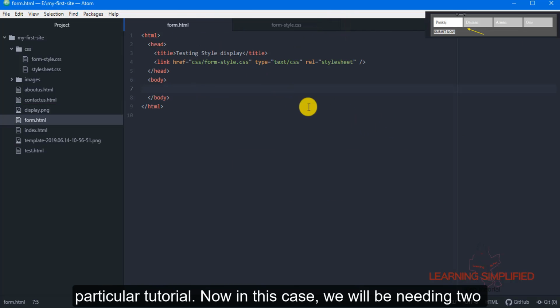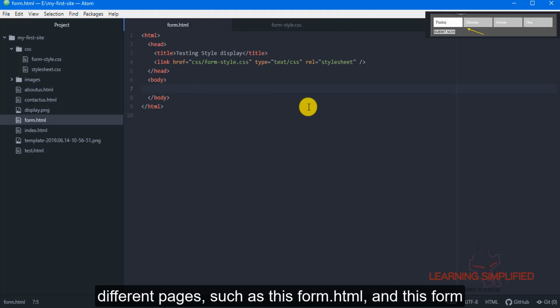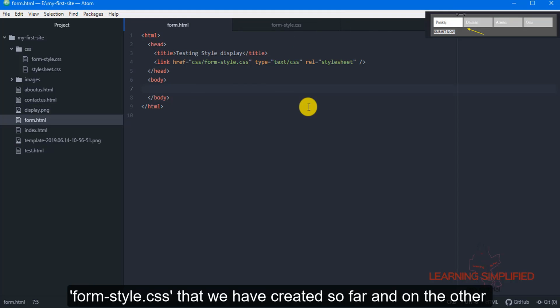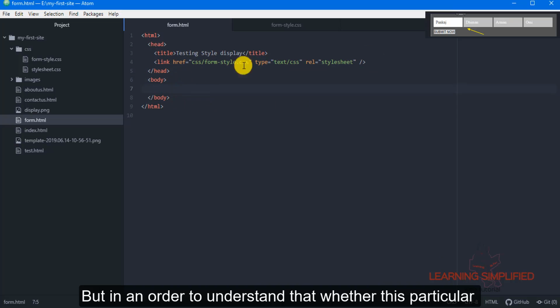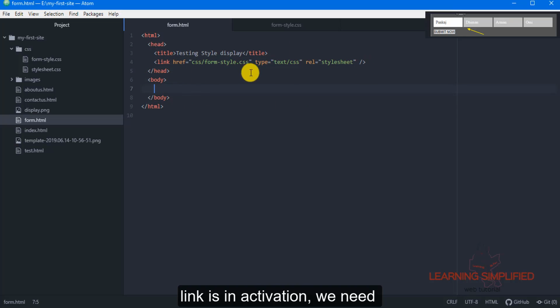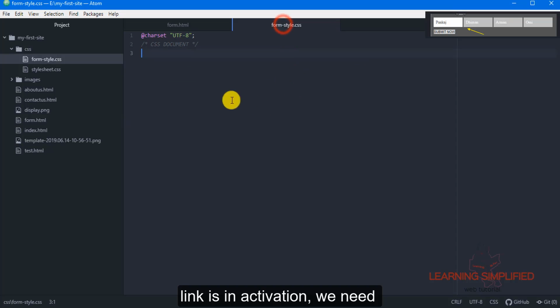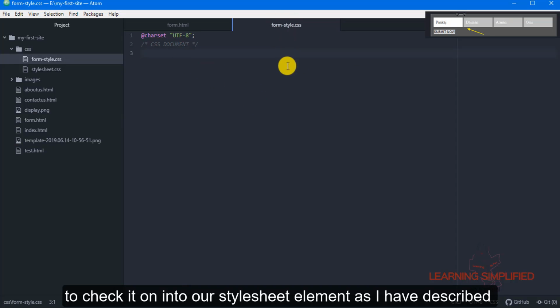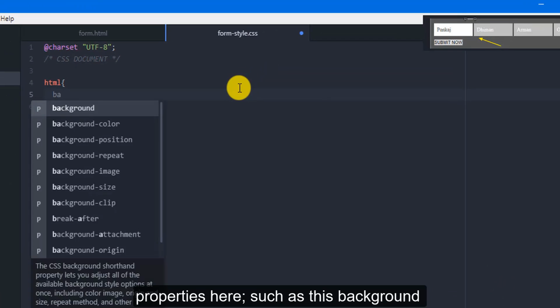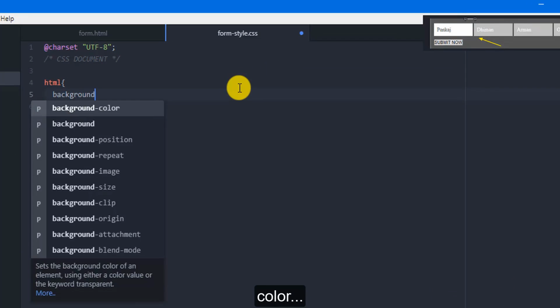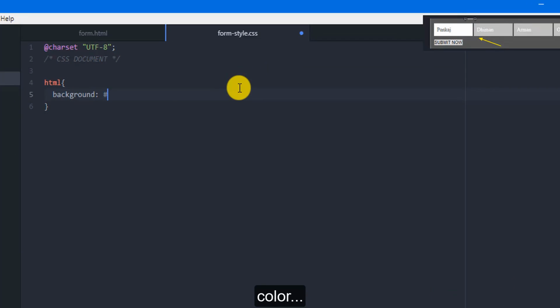Now in this case, we will be needing two different pages, such as this form.html and this form style.css that we have created so far, and we have established this link over here. But in order to understand whether this link is active, we need to check it in our style sheet as I had prescribed earlier. First of all, put some properties here, such as this background color. There it goes.